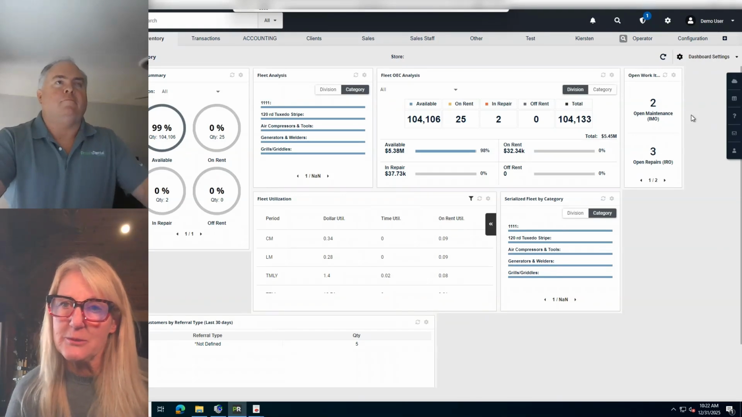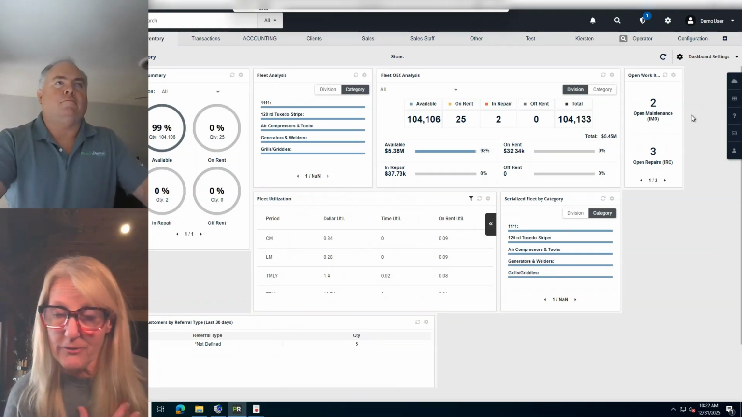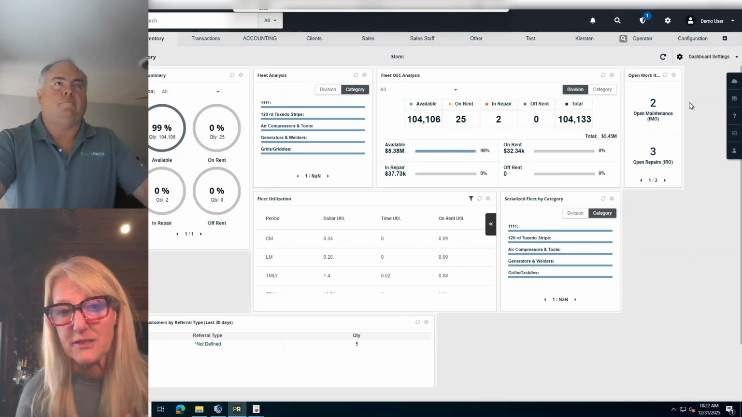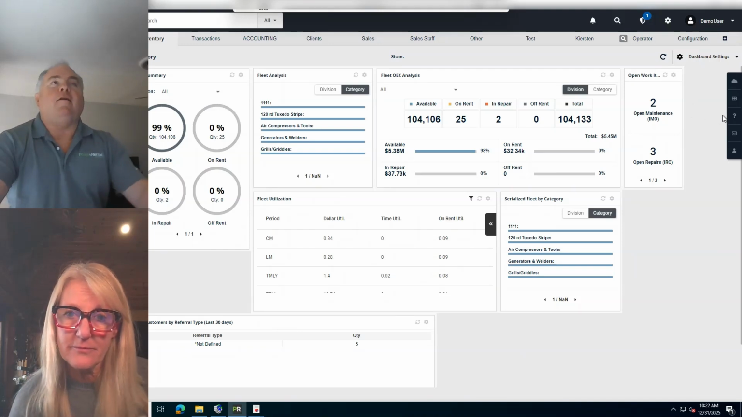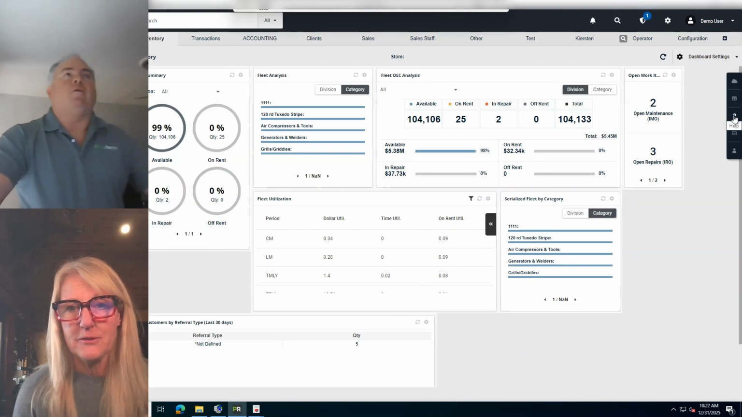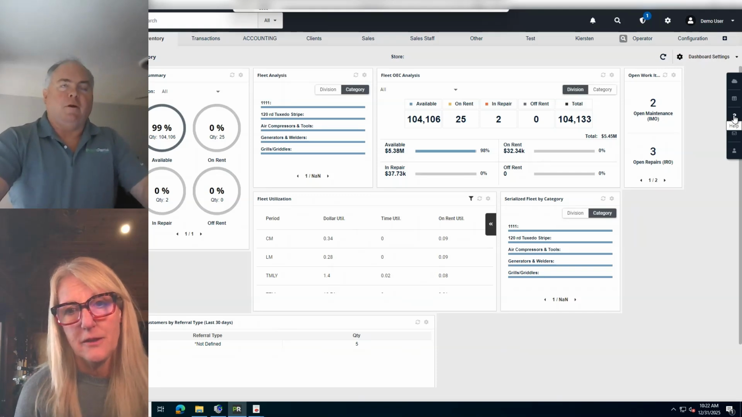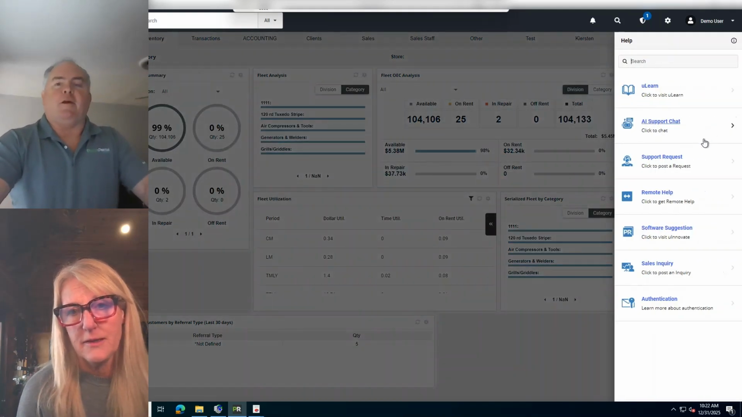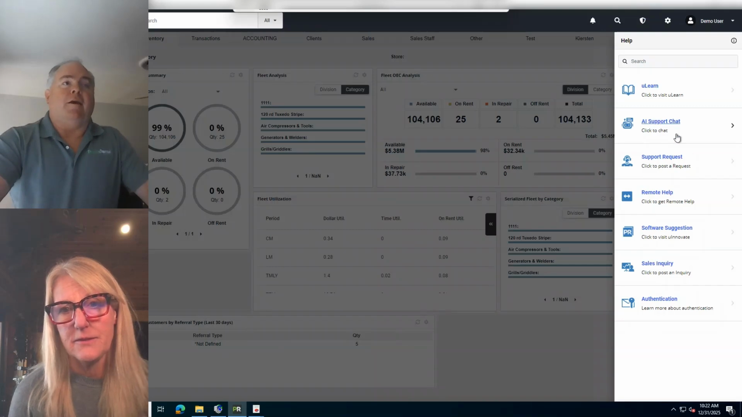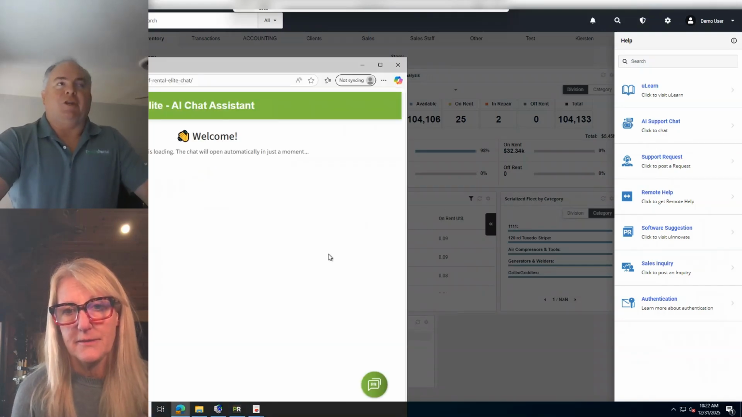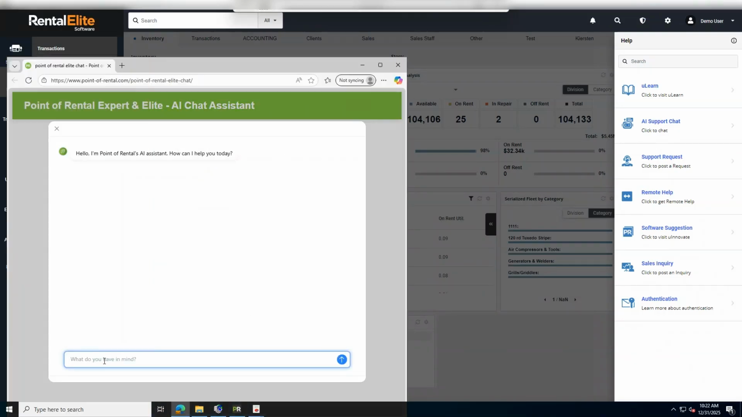If I'm in a position where I'm trying to find a report and I don't know the name of it, do you have any recommendations on what I can do to find that report? Yeah. The best thing you can do would be to go to the help, which is this little question mark over on the upper right hand side of your screen. And from there, there's an AI support chat. And from here you can click on it and you can just type in,